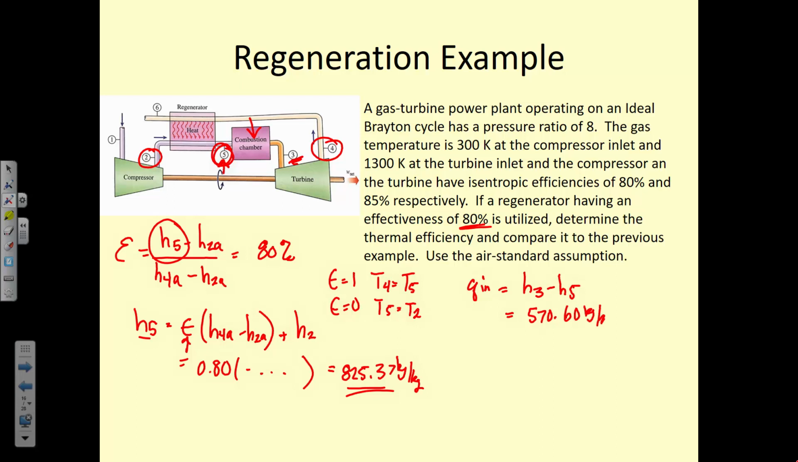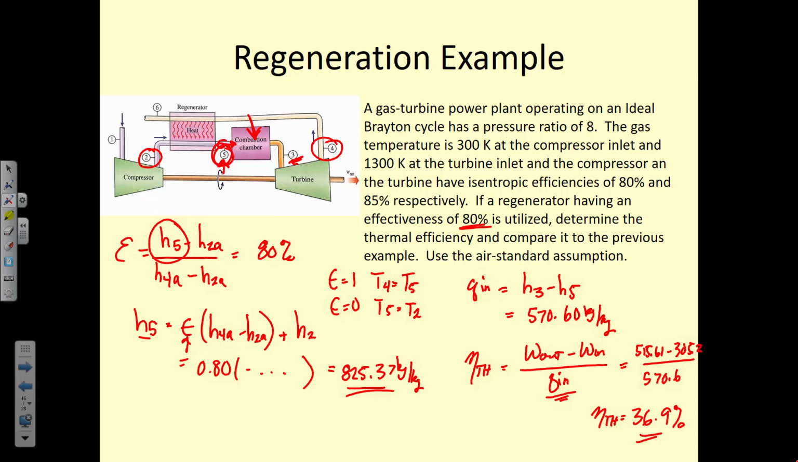570.60 kilojoules per kilogram. So now we say our thermal efficiency is equal to the amount of work that we get out of our turbine minus what we have to put into our compressor divided by this new Q value from the combustion chamber. Because our fluid has been preheated, we don't have to add as much Q. So we get this 515.61 minus 305.2 divided by 570.6. We find now our thermal efficiency is